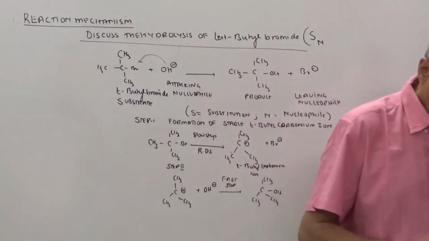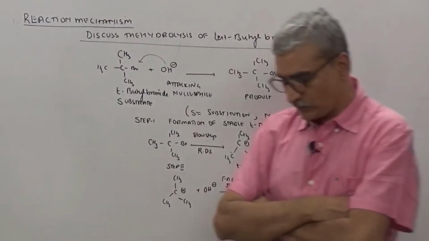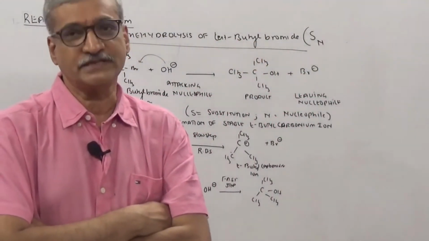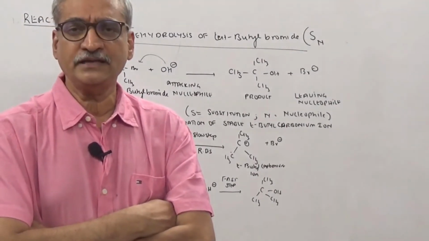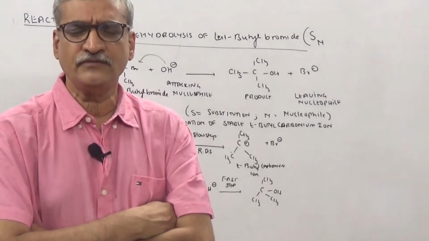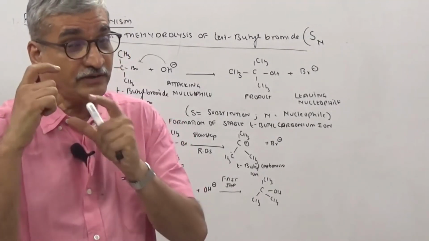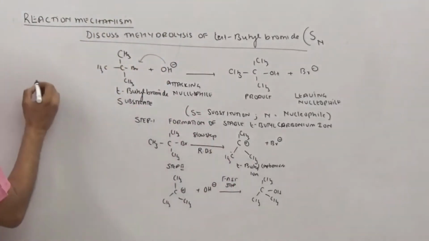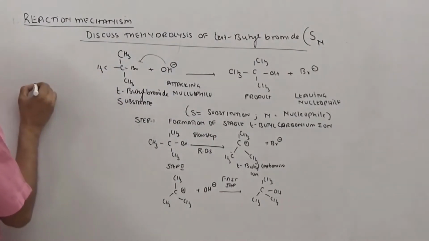According to the law of mass action, what does it say? Rate of reaction is proportional to the concentration of the reactants in the slow step. If it was an elementary reaction, rate of reaction is proportional to the concentration of reactants raised to their respective powers. Here we have to take only the concentration of that reactant which is in the slow step. So if you write this much, Sarah, it is 1 mark.